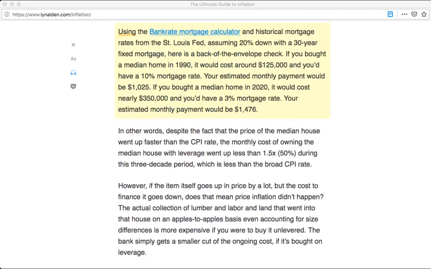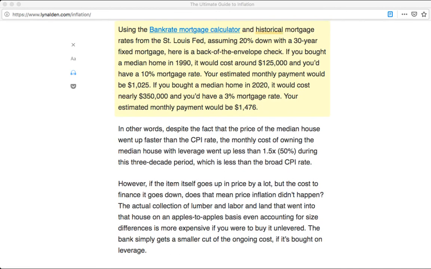Using the Bankrate mortgage calculator and historical mortgage rates from the St. Louis Fed, assuming 20% down with a 30-year fixed mortgage, here is a back-of-the-envelope check. If you bought a median home in 1990, it would cost around $125,000 and you'd have a 10% mortgage rate. Your estimated monthly payment would be $1,025. If you bought a median home in 2020, it would cost nearly $350,000 and you'd have a 3% mortgage rate. Your estimated monthly payment would be